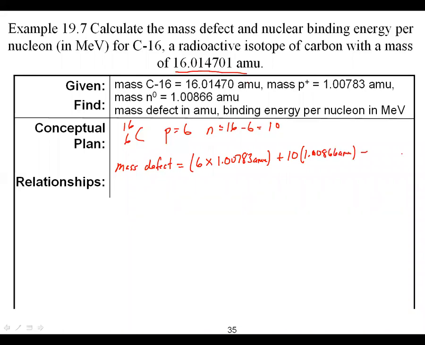Love atomic masses. They have thousands of numbers here. All right. So 6 times 1.00783 plus 10 times 1.00866 minus 16.014701. That's going to give us a mass defect here of 0.1189 AMU. Again, at this point, you could, if you wanted to, use Einstein's equation, or again, since we're looking